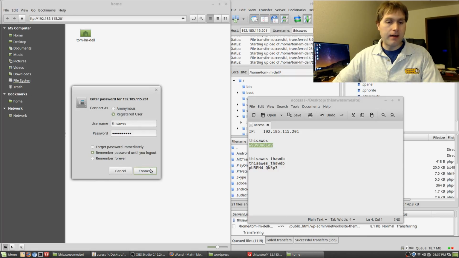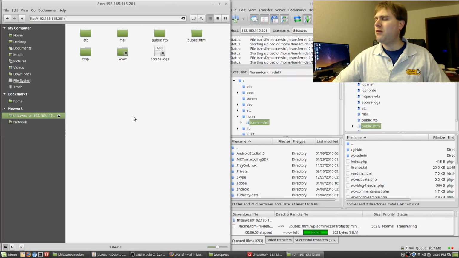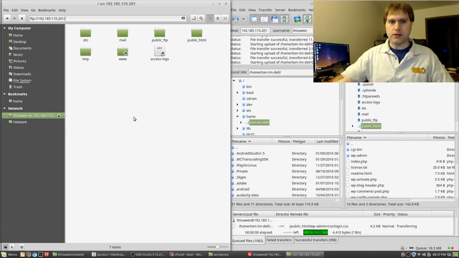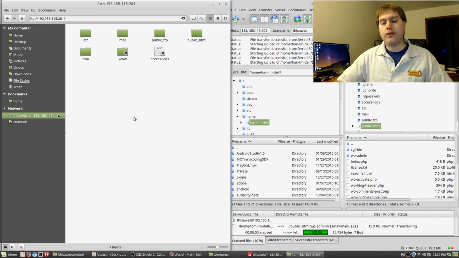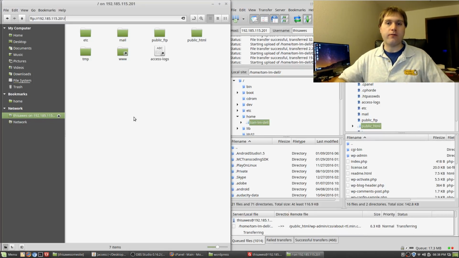Okay, and this is Nemo, which allows you to have this type of functionality. I think you can do this in Ubuntu too. But the challenge is I've never been able to successfully log into one of these and edit the files through Bluefish Editor. Now, this is the function that makes working on a WordPress site or any other basic server site